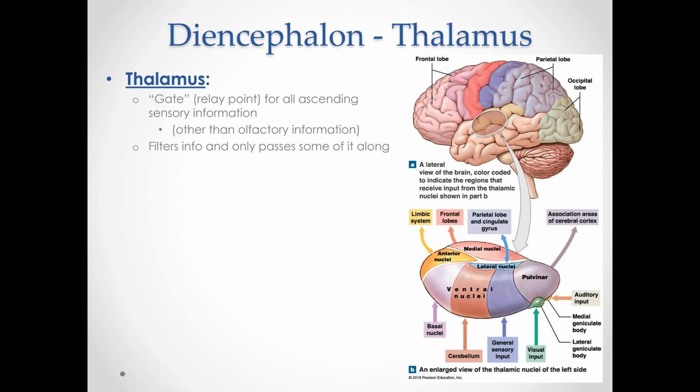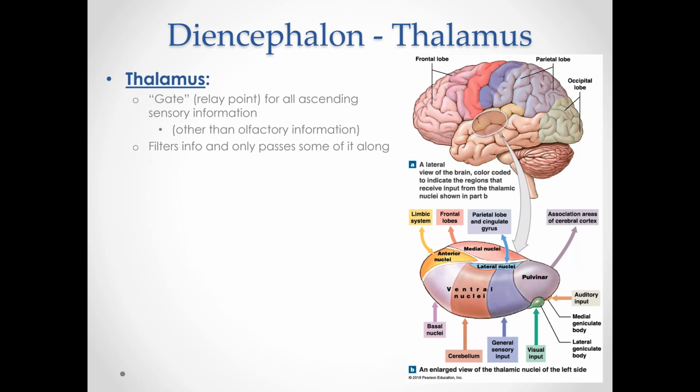So if you think about it, after you put your clothes on, maybe when you first put your socks on, you recognize or feel the texture of the sock against your foot, but you're not consciously aware of that all day long. At some point, you're no longer thinking about the feel of the sock on your foot. So the thalamus is basically relaying just specific information that you need to focus on whatever task you're doing, and all of the other extraneous sensory information gets filtered out. So people who have a hard time focusing might have a deficit with their thalamus's ability to filter out the